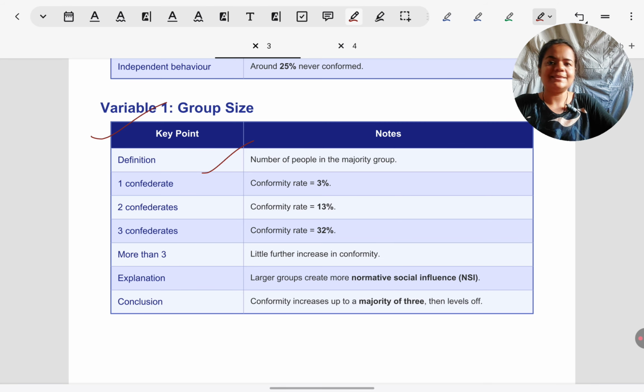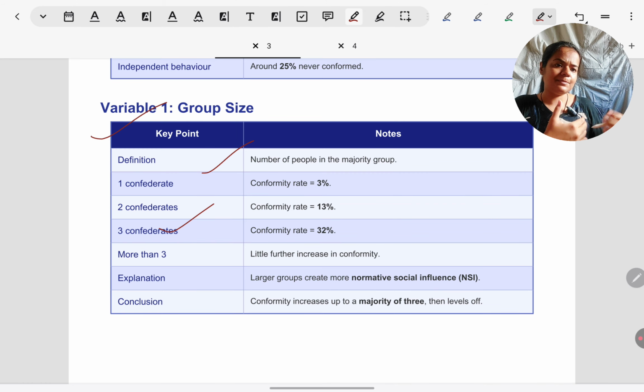Let's take a simple example. Let's say in your college, in your school, students are coloring their hair red and your hair is its natural color. One or two students do it, okay, you don't feel any pressure to do it yourself. But now, what if 4 students are doing it? 5 students, 10, 50 students have colored their hair red. You might start feeling pressurized to do the same thing. So, the more people that are doing a certain behavior, the more pressurized you feel to do that behavior. That means group size influences you.